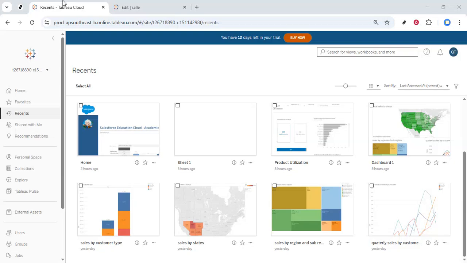In this video, I'll guide you through how to format the tooltip in Tableau. Tooltips are a great way to provide additional context to your data visualizations, making them more interactive and informative for your audience. Whether you're a beginner or looking to refine your skills, this tutorial will help you enhance your Tableau